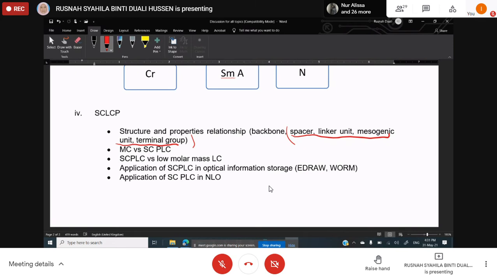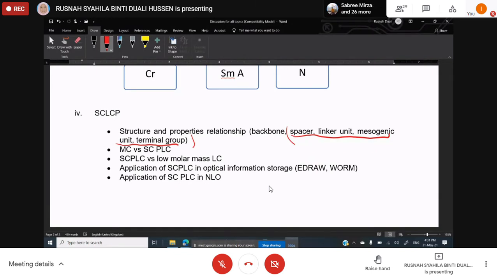So that's why if it is aligned from the beginning, it may be able to show smectic. But if showing a nematic phase, it will actually be able to